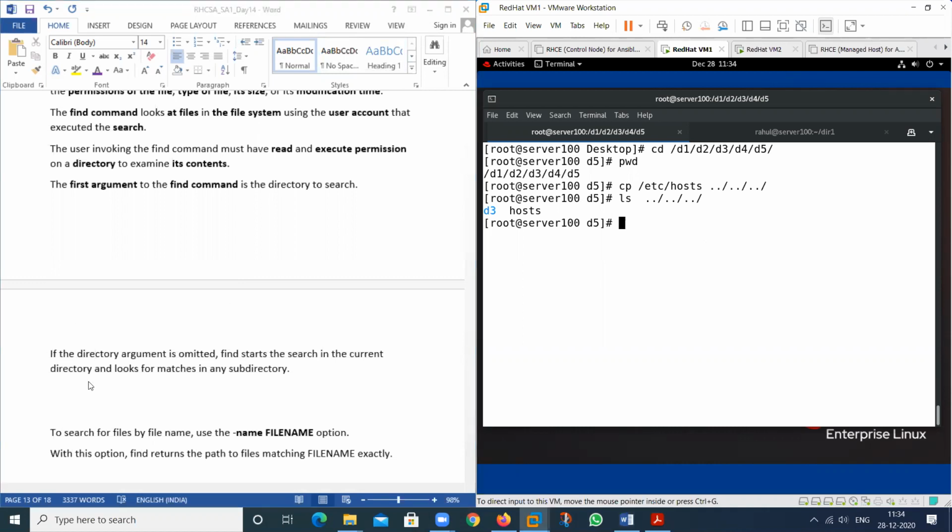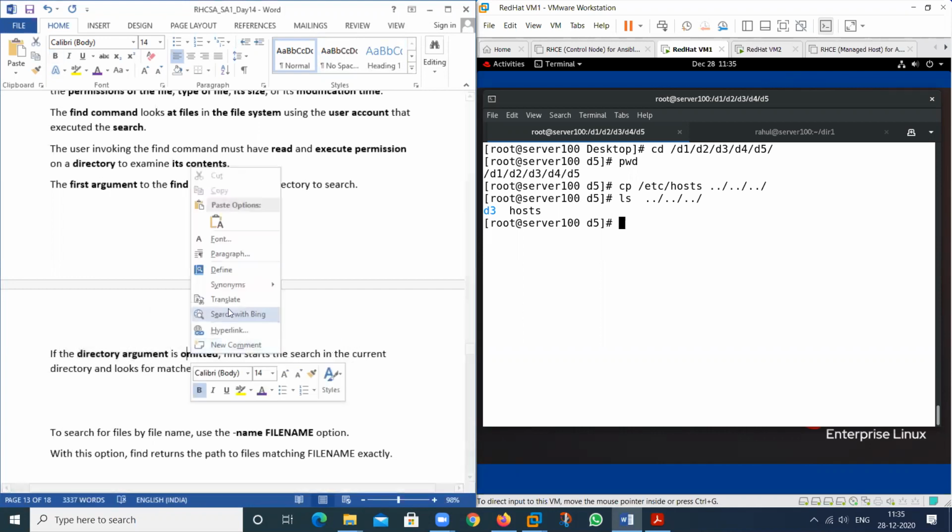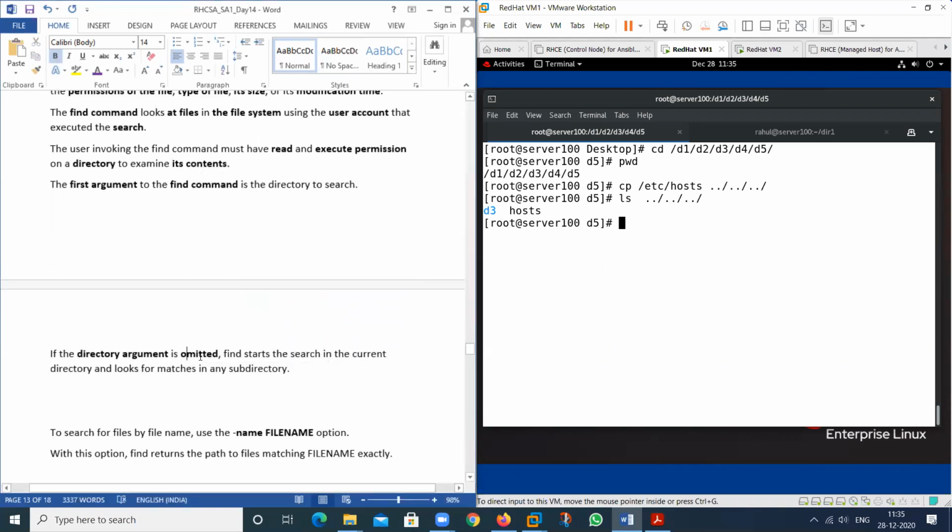I hope it's clear. So see here, if I want to search for any particular file, the first directory name works as an argument. If I omit this, it means if I am not using this one, it means absent, find starts the search in which particular location? That denotes the current location, the current directory, and looks for matches in any subdirectory also.